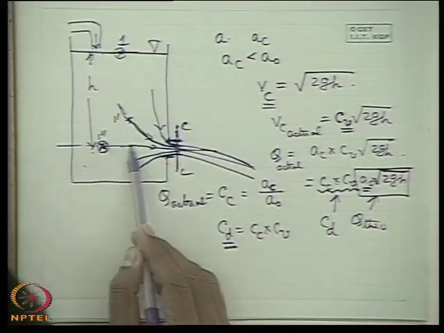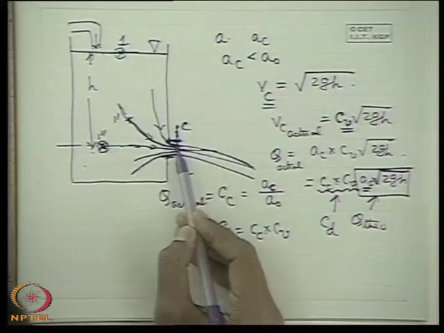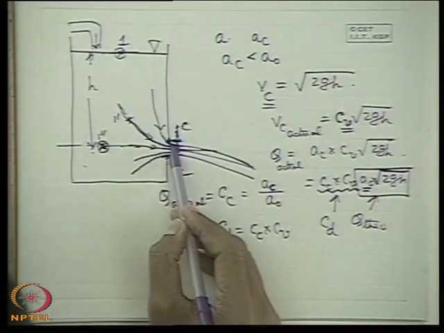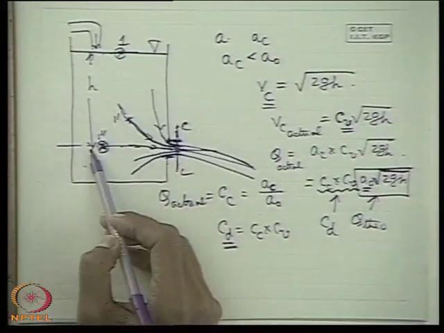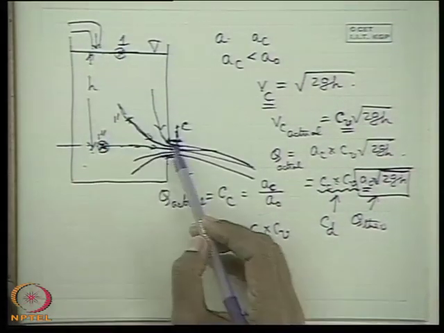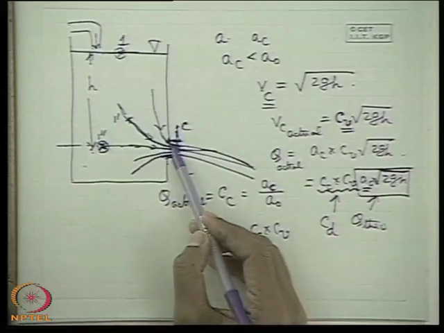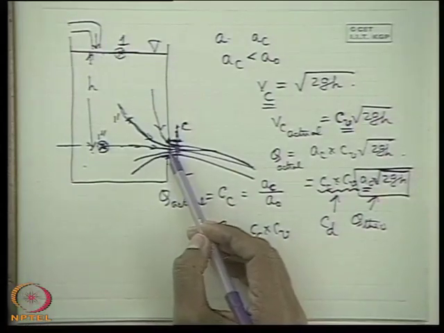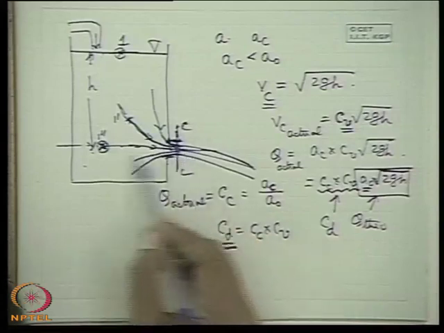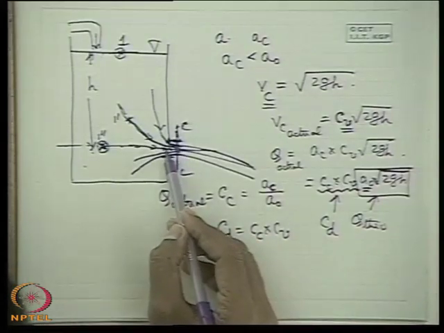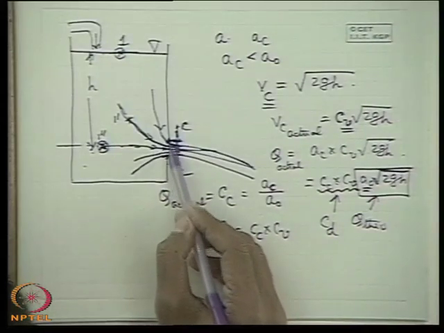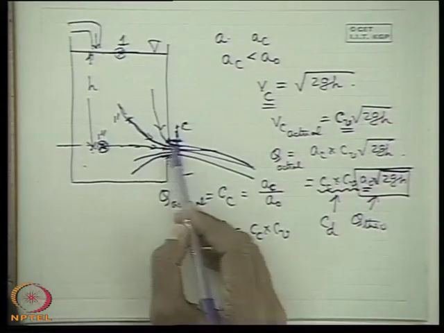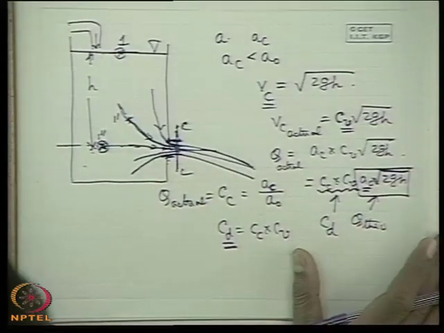That means if we consider a central line to the orifice, any point on this line, or any other point along the height of the orifice, will have the same liquid head H. That means there is no variation in the head of the liquid at different points of the orifice. Any point on its axis is a representative point of the entire cross section of the orifice, so we can say the entire orifice is under the head H, and the velocity at each and every point is uniform. But it is not so in case of a large orifice.